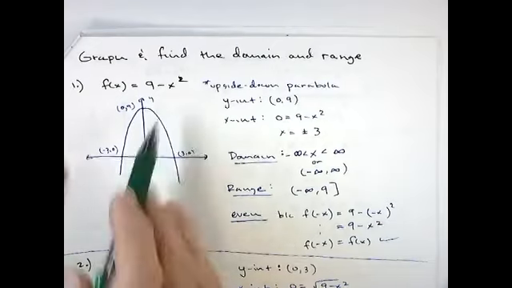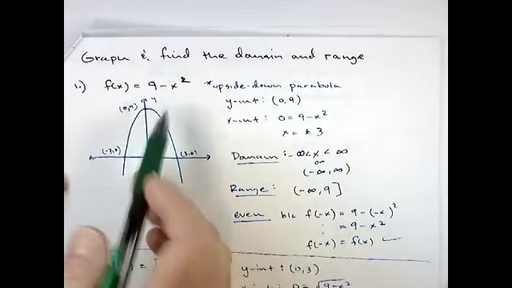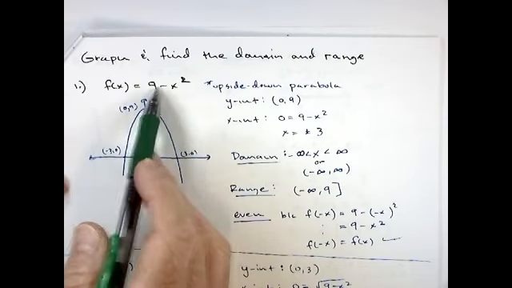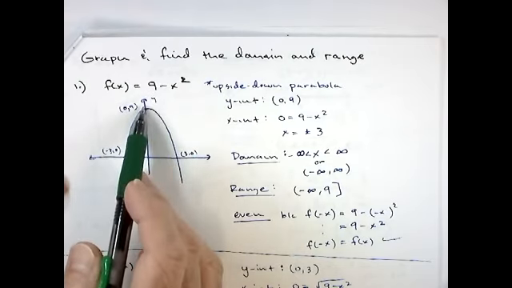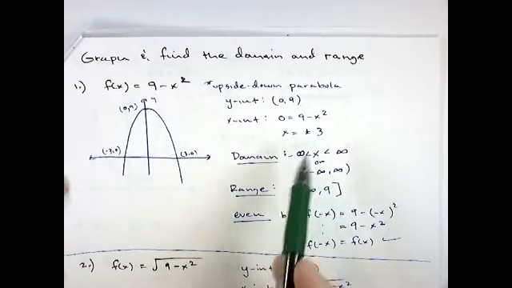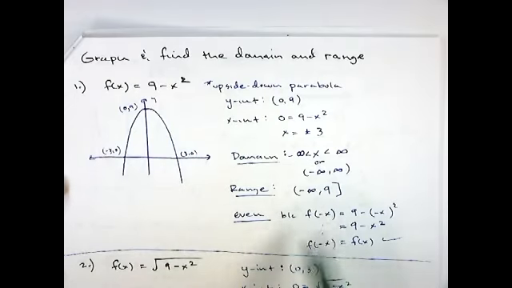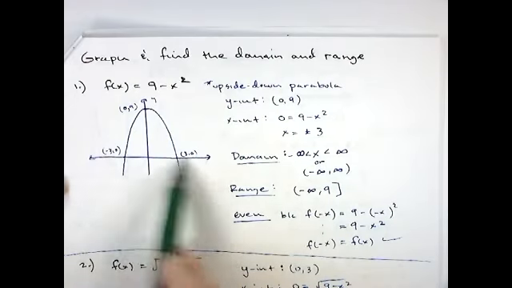Now this first one, not so much. You should recognize this as an upside down parabola, raised up 9, opening downward. Parabolas, we're going to be graphing those. You should know how to graph those by hand. As far as the domain goes,